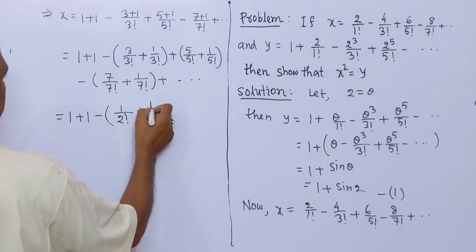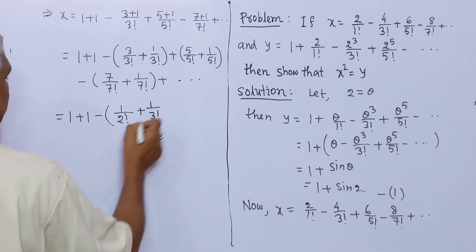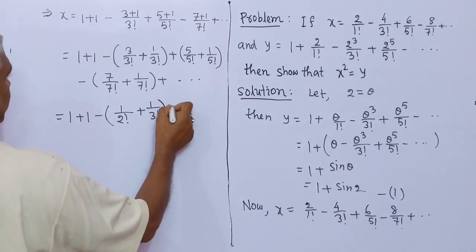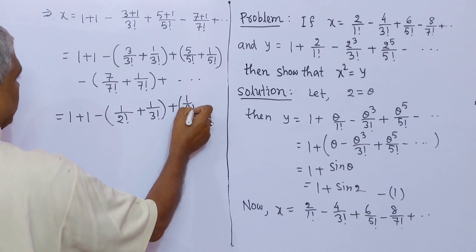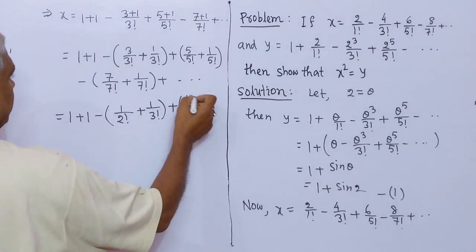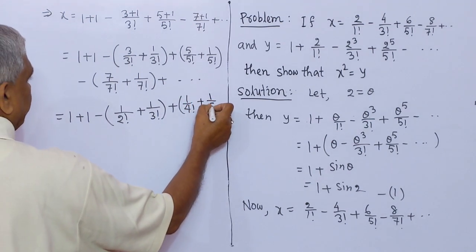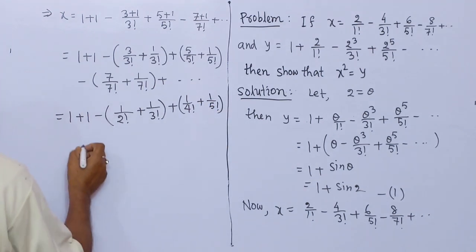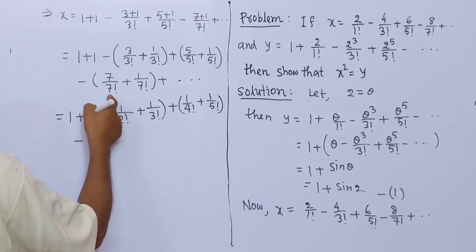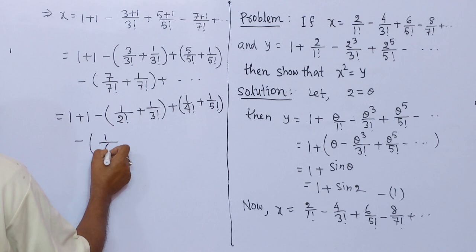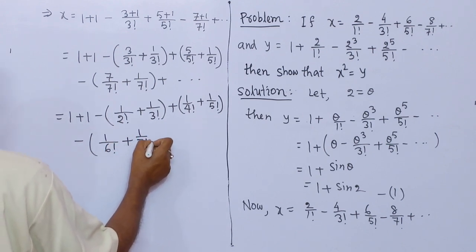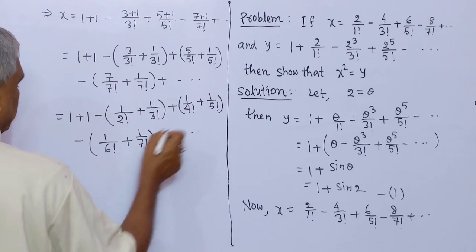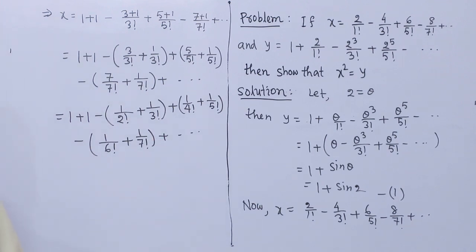And this is 1 by factorial 3, plus 5 by factorial 5 is 1 by factorial 4, plus 1 by factorial 5, minus 7 by factorial 7 is 1 by factorial 6, plus 1 by factorial 7, and plus dot dot dot. Now we take